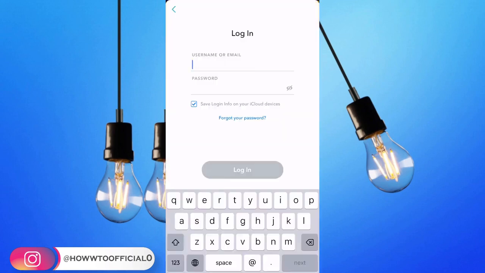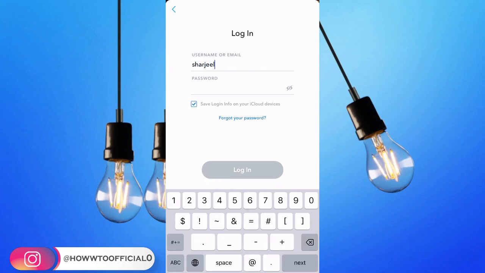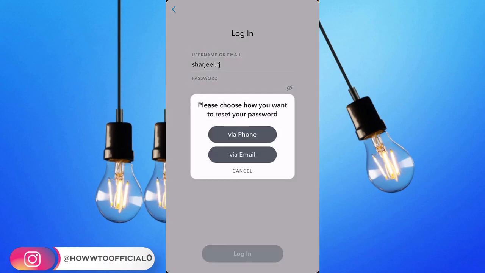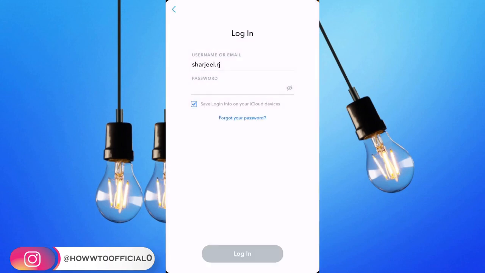You have to first of all simply type here the username of the account which was deactivated, and after that type in here the password of that account which was deactivated. If you don't remember the password of your account, you have to go to the forgot your password tab, and here you can recover your Snapchat password via phone or email. But if you remember the password, simply type in the password here, and after that press the login button,